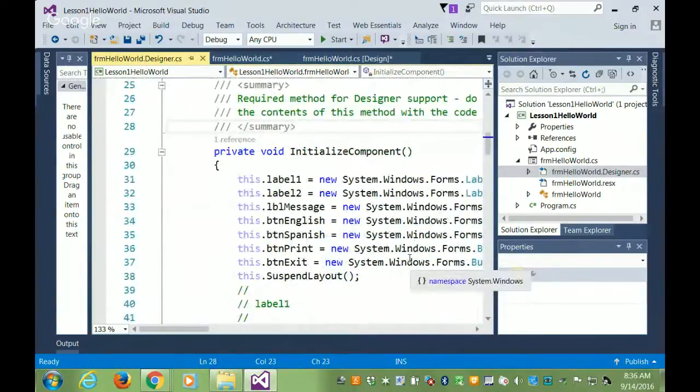Right? So can you make the connection? When you run program.cs, the main method runs. The main method calls the constructor of your class. The constructor of the class is calling the initialize component. The initialize component is creating the